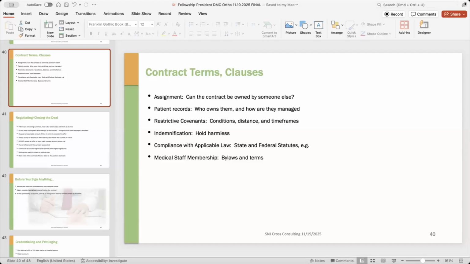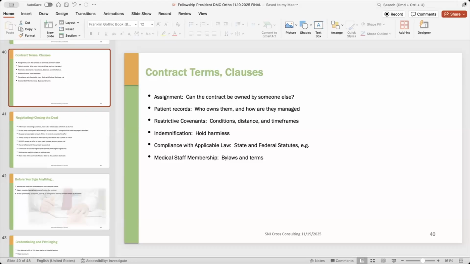But you want to do your assignment in terms of looking at the contract. Always have somebody else look at the contract, and then also have your legal counsel look at the contract for you. I list at the end of the presentation that between myself and my team,